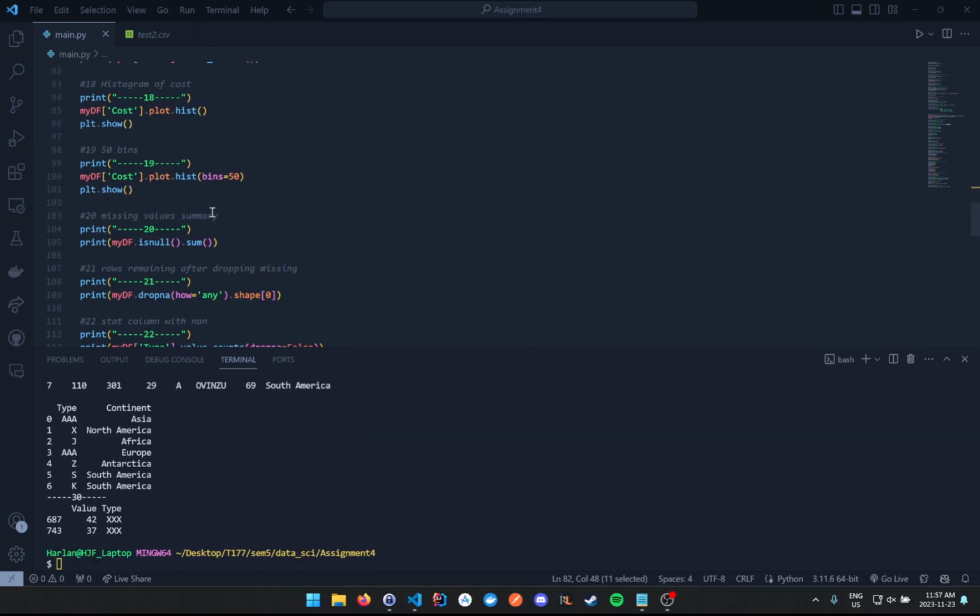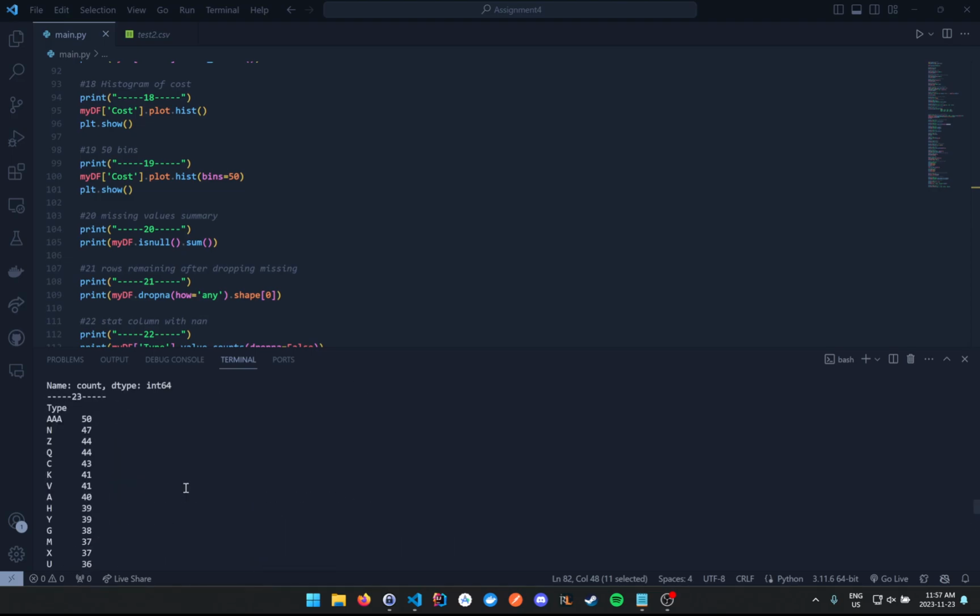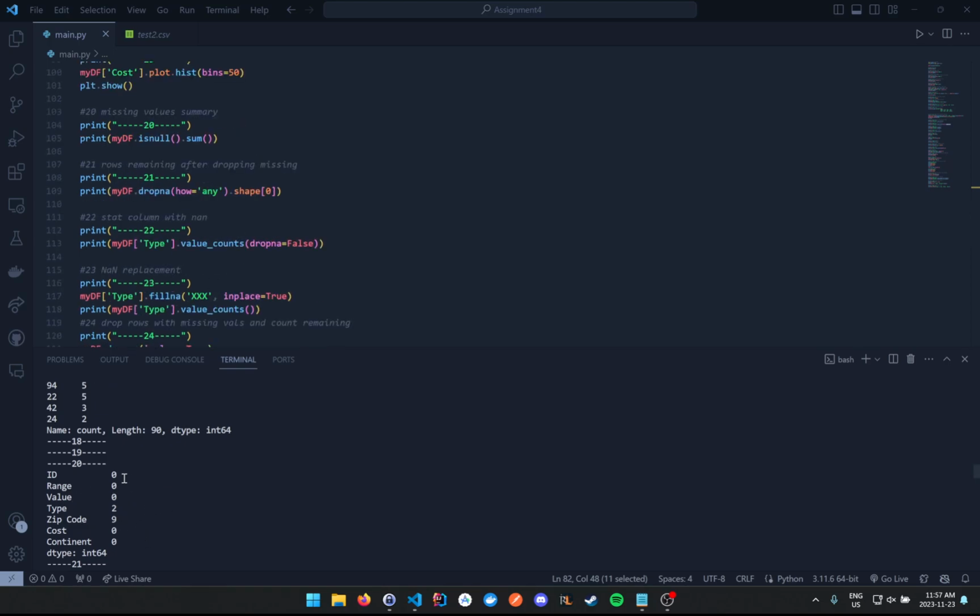And then for 20, let's scroll down to 20 here. 20 is just showing which columns of the data frame have values that aren't filled in. So we can see overall the data frame is quite filled. Type is missing 2 values and zip code is missing 9. So then if we go down to 21,